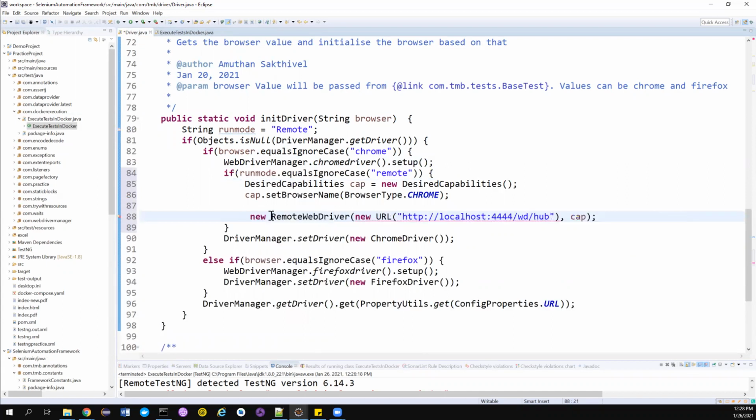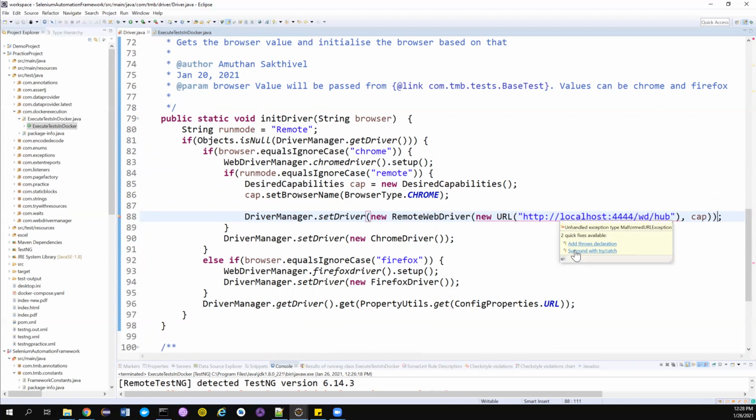Whatever the thing I'm generating, this is an anonymous object that we have created. The same thing, I will assign it back to this set driver. So again, guys, if you haven't watched my previous videos, maybe you will not understand this. So please watch all the videos so that you can understand what this is all about. Good. Now we have understood a lot about exception handling and other stuff.